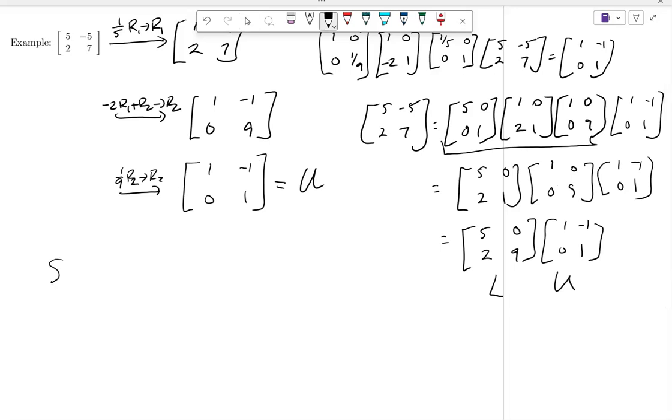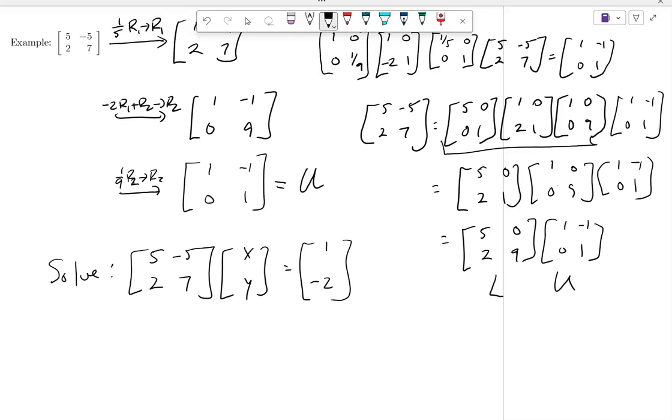Let's say you wanted to solve 5, negative 5, 2, 7 times xy equals, I'll just make up some numbers here. It doesn't matter. It might be fractions, but I want to set it equal to 1, negative 2. Say I wanted to solve this system. Okay? Well, now